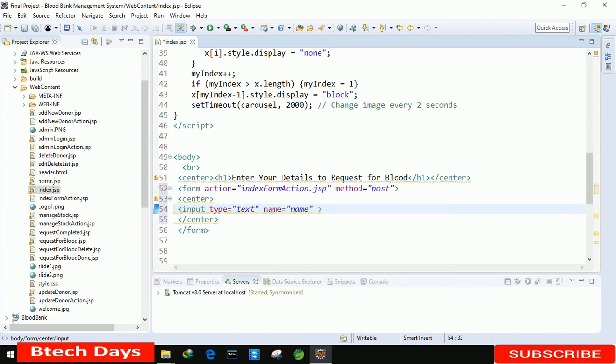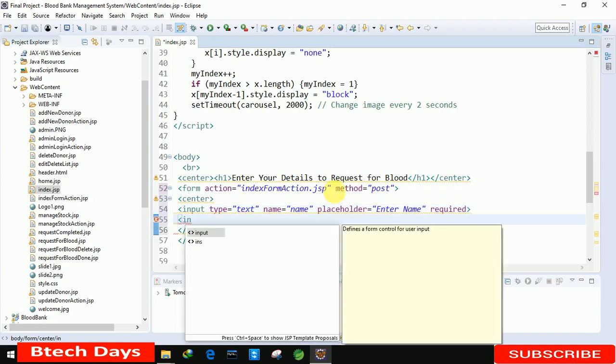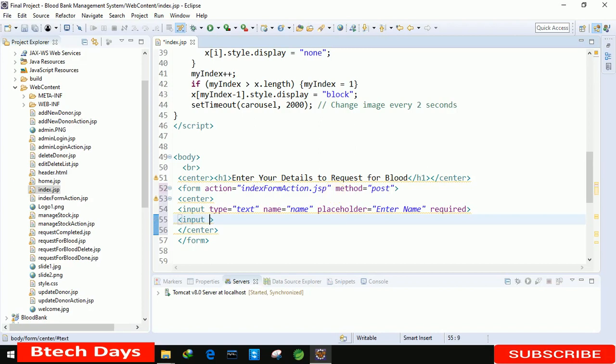After name, the next is placeholder equals double quotes, enter name. After that we write required. It means that the user is not able to submit the form without writing anything in this.